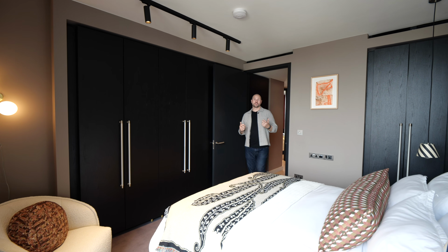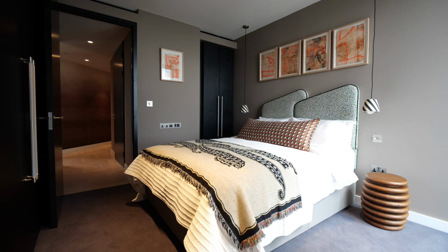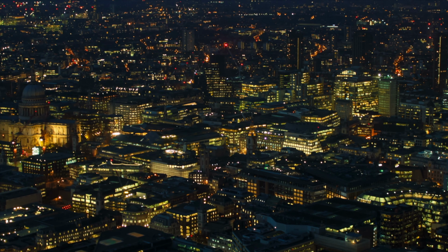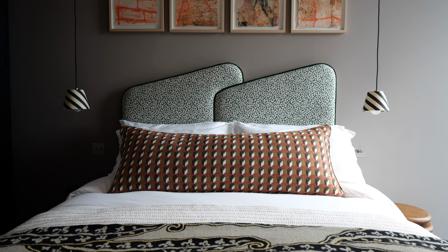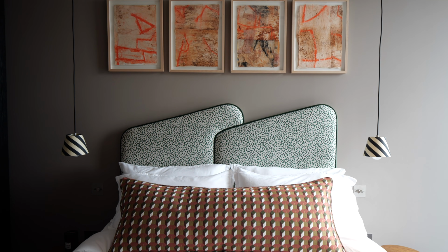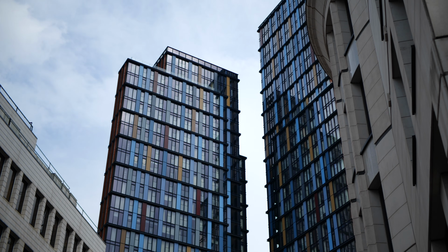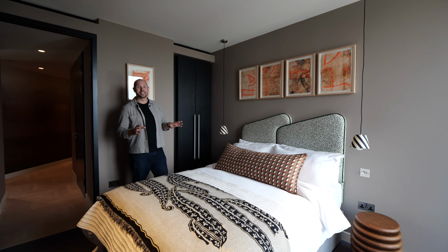So what was important to us here was to keep a really simple design that was playful but worked and really accentuated the stunning views at night that you get from the window. So whether it's the Pandora Taylor headboard that's quite reflective of the building that we're in, i.e. One Crown Place, is 2 buildings that have come together. And then we've got these wonderful lampshades from Pookie, and what I love, the Honey Dipper bedside tables,